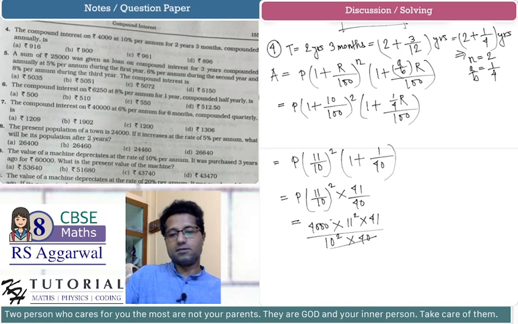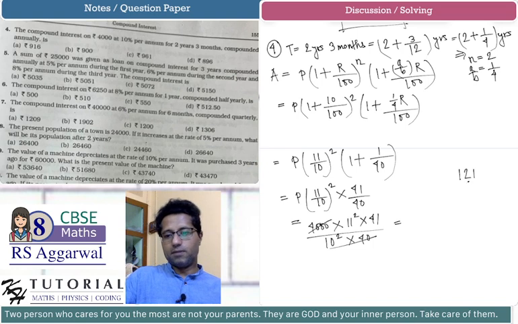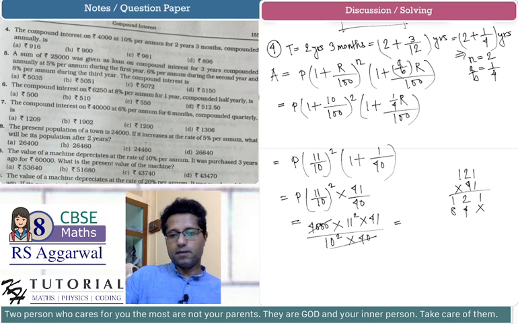So this cancels this and we are left with 41 multiplied by 11 square. So 121 multiplied by 41 is 4,961. So the amount is